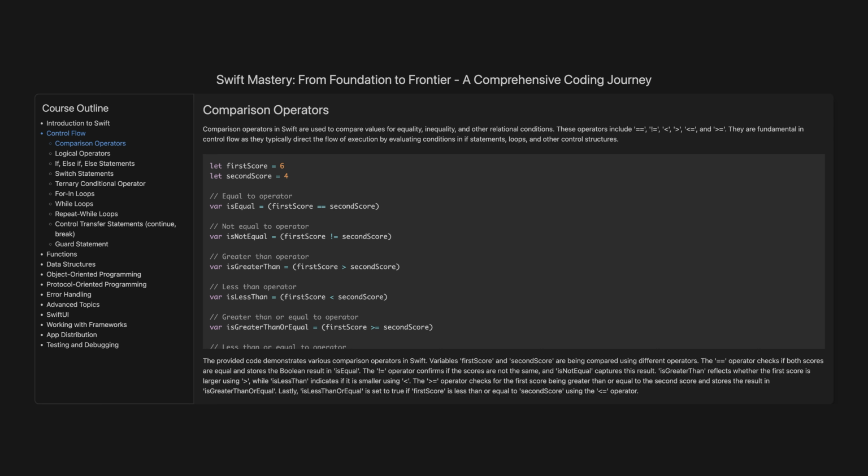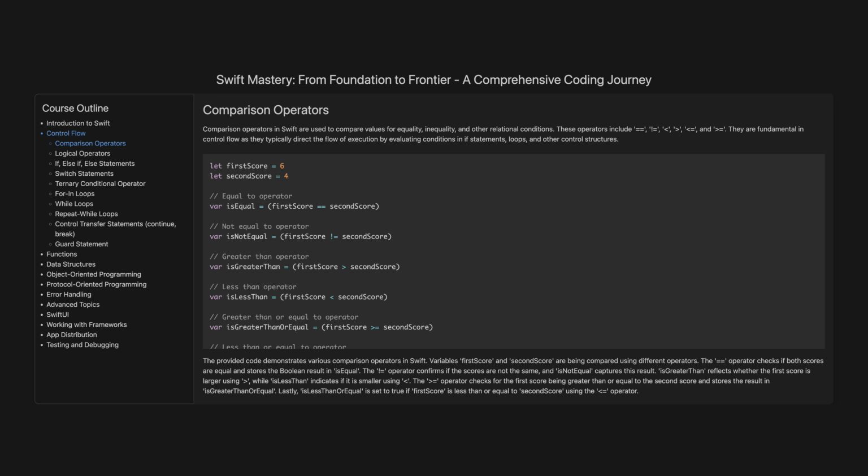The provided code demonstrates various comparison operators in Swift. Variables firstScore and secondScore are being compared using different operators. The equal to operator checks if both scores are equal and stores the Boolean result in isEqual. The not equal to operator confirms if the scores are not the same, and isNotEqual captures this result. Is greater than reflects whether the first score is larger, while is less than indicates if it is smaller,